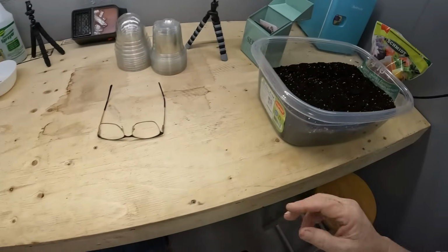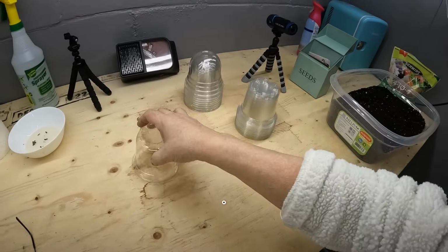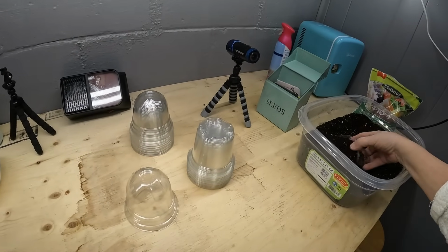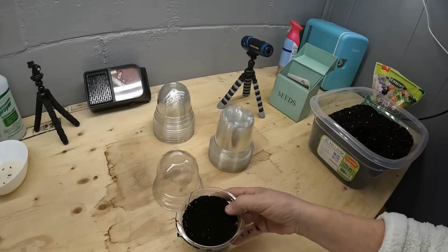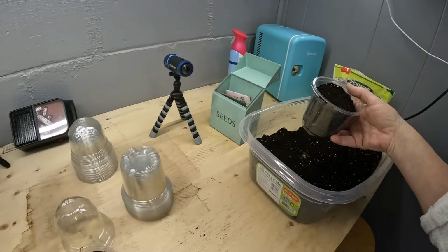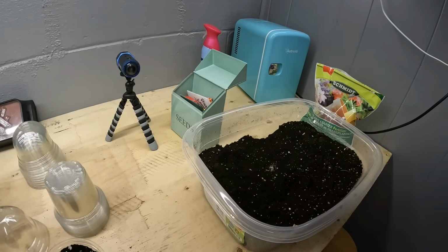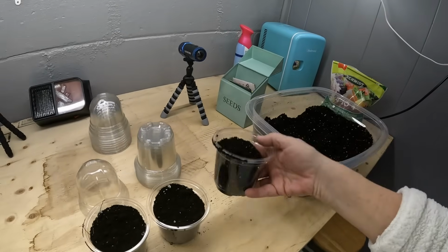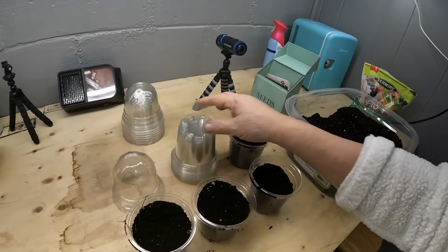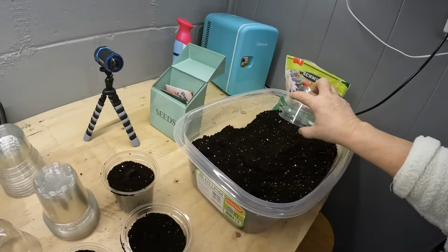So that is our dirt, sorry, not our pots. These are our pots. I got them from Amazon. So they're clear plastic and they come with their own domes. So we're going to get those, fill them up with dirt. We don't need them completely full to the top. We're only going to do 6 of them because, as you know, hibiscus plants can grow quite large, and because